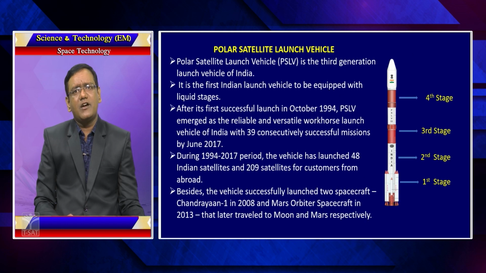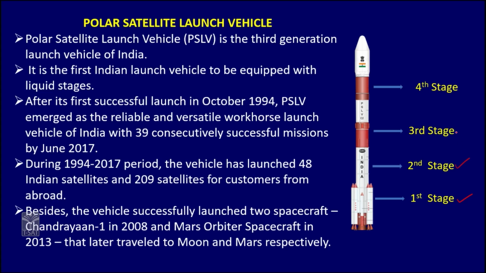This vehicle has 4 stages. There is stage 1, stage 2, you can see here. This is stage 1, this is stage 2, this is stage 3, this is stage 4. And this is where the satellite is kept. In the first stage, when we launch this, the fuel in this first stage is consumed. Once the fuel is consumed, this part is detached from the